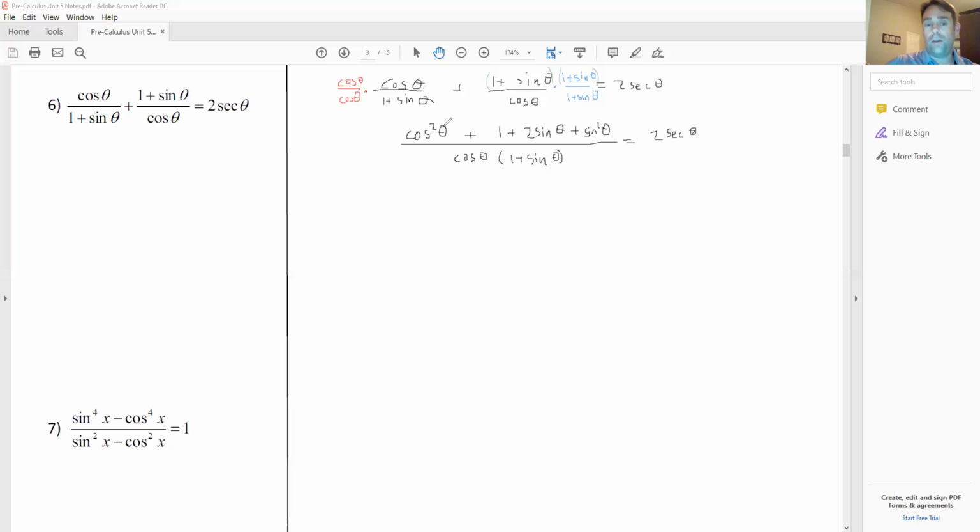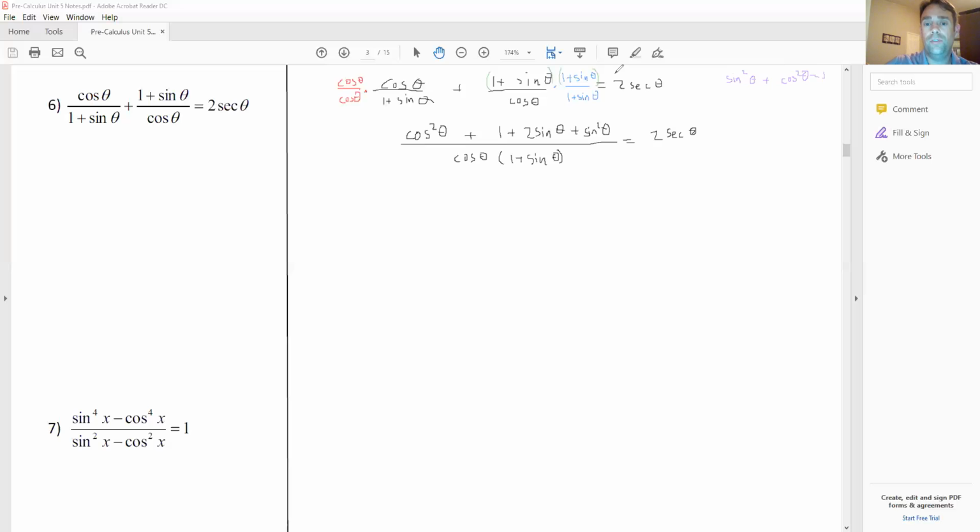I see a couple little squared terms. So I got a cosine squared and I got a sine squared. And the great thing about cosine squared and sine squared, this is one of those bells and whistle type things there, friends. We know that if we were to put them together, sine squared plus cosine squared, we would get that equal to 1. It's another one of our Pythagorean